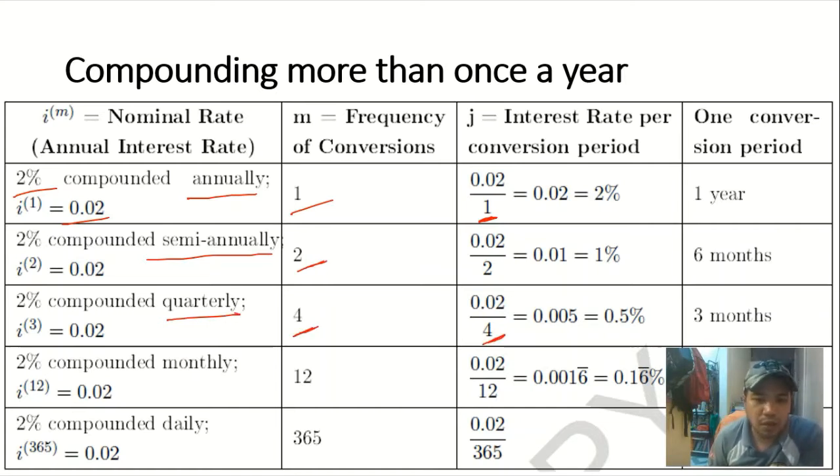Compounded monthly, that is 12 months, and daily is 365. So, 0.02 divided by 1 is 0.02. 0.02 divided by 2 is 0.01. 0.02 divided by 4, quarterly, that will become 0.005. And 0.02 divided by 12 is 0.0016